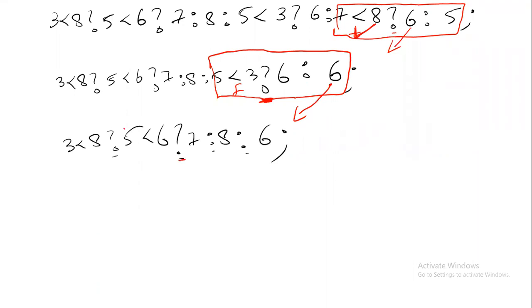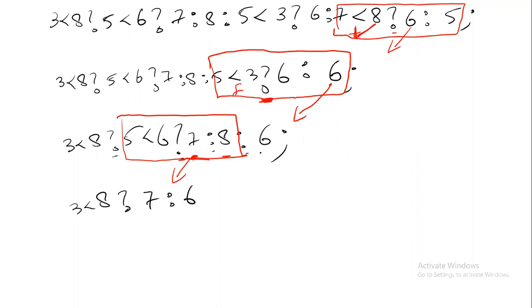So is 5 less than 6? That's the Boolean value. This is the first value, this is the second value. You have to group them like this. Simple. So is 5 less than 6? Yes, 5 is less than 6. So the first value is returned. The 7 is returned below. So if I write the other operators as they are, 3 less than 8 question mark, from this the answer is 7 is to 6 as it is. The 6 will come below as it is. Is 3 less than 8? Yes, it is true. So the 7 is returned. The answer is 7 here.